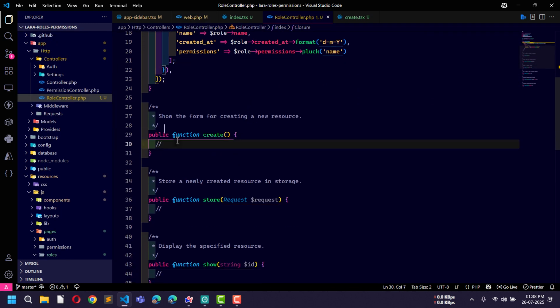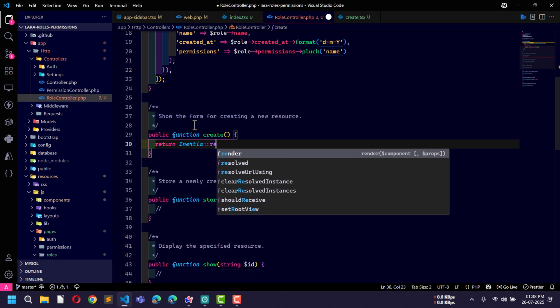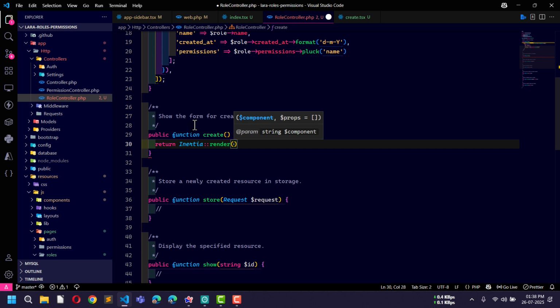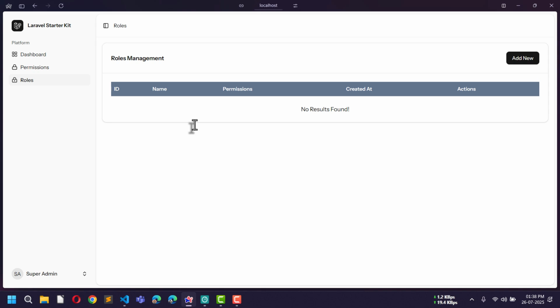This is already declared here. Now here I will just return Inertia render roles create. Now if you save this and go to the browser, reload and click on add new,